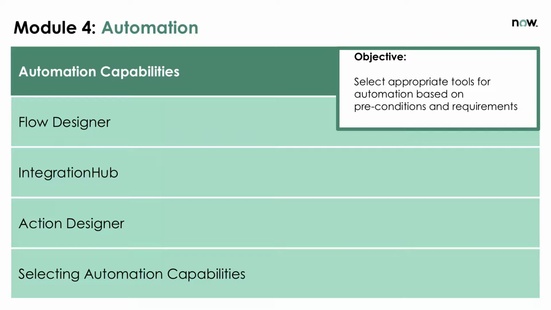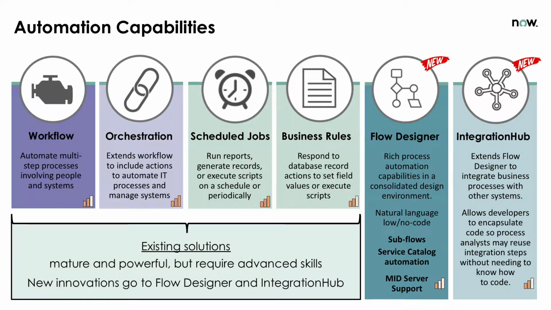So we have a survey level look at our automation capabilities. There's a lot more than this, but here's our overview slide. I think this is new for London, although I'm starting to use this slide in multiple places. In here, you see kind of data bars. I'm using this to identify the various levels of complexity or expertise you need to use each one